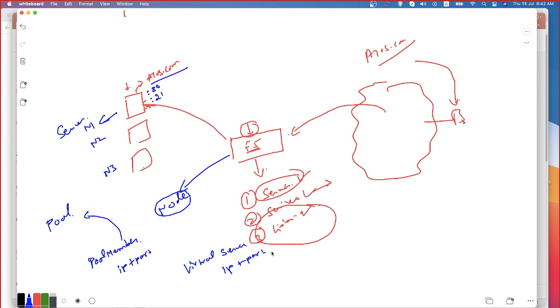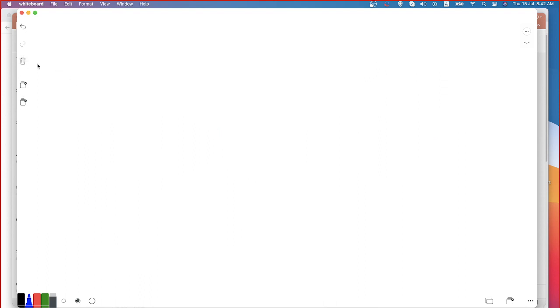Terminology number 1 is what? The node, then the pool member, and then the virtual server. Now let's put all of them together and try to understand this one. I have an F5 device. Now this F5 device should be receiving the traffic, and this needs to be distributed to one of the servers which are there in my internal network. First thing, what all the servers are available, that is what I'm identifying.